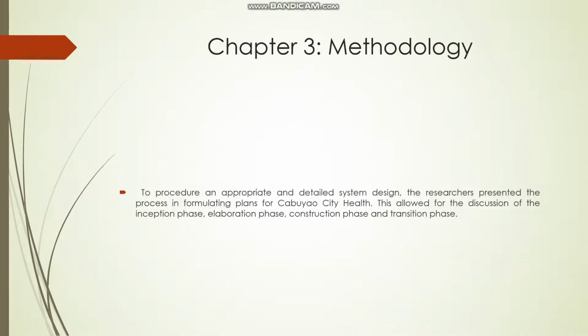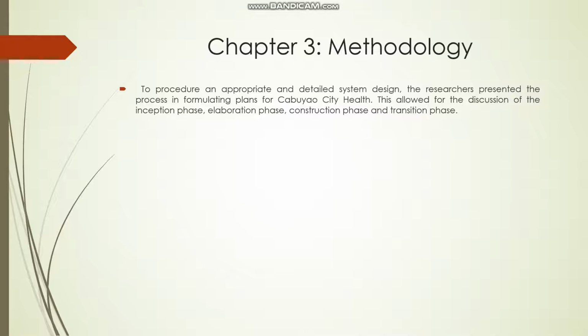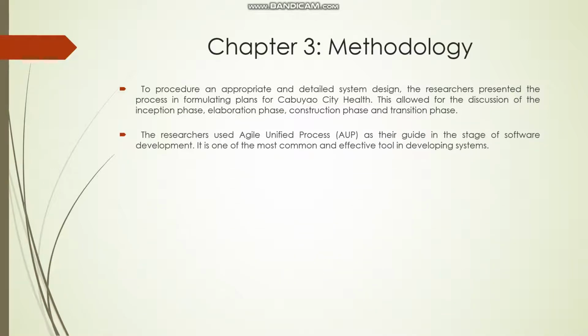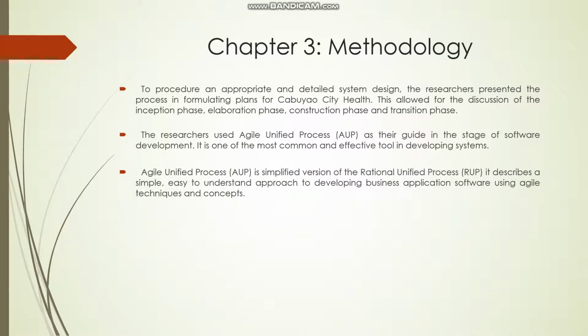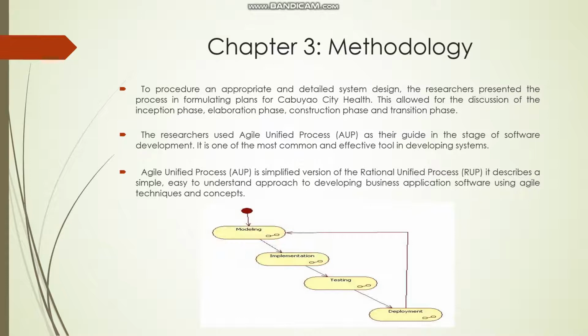Chapter 3 is methodology. So these are the procedures and the methods that we use when we are gathering information and when we are creating our prepared system. The Agile Unified Process. Agile Unified Process is a simplified version of Rational Unified Process. It describes a simple, easy to understand approach to developing business application software using Agile techniques and concepts. So this is that. First,